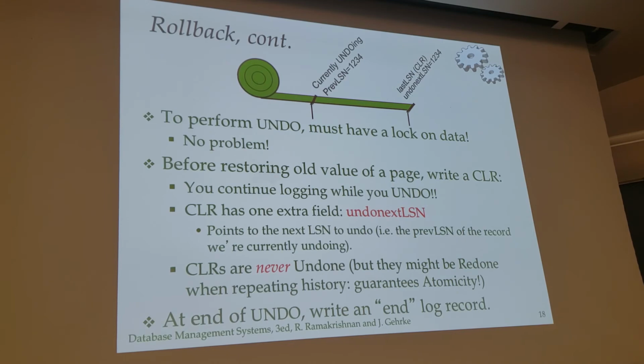Remember, there's a linked list of the things you're undoing. So the undo next LSN tells you what's the next thing for this transaction that I have to finish undoing. And that's written into the log record. Okay? And CLRs are never undone. They might be redone, but they're never